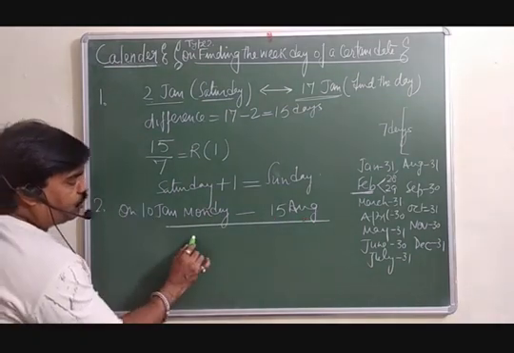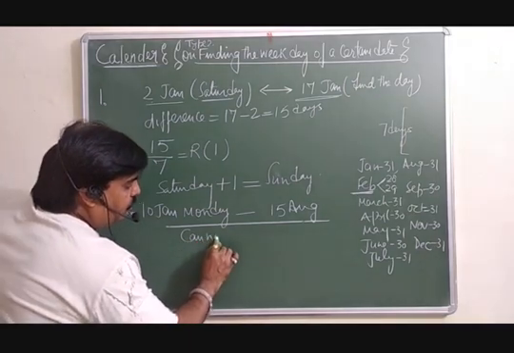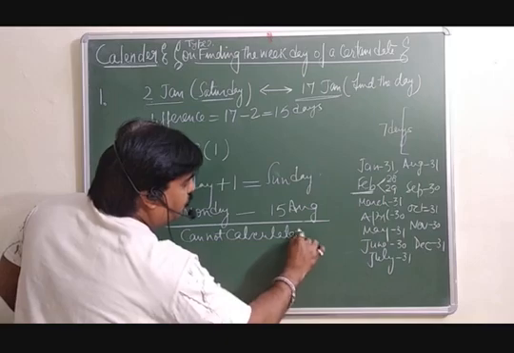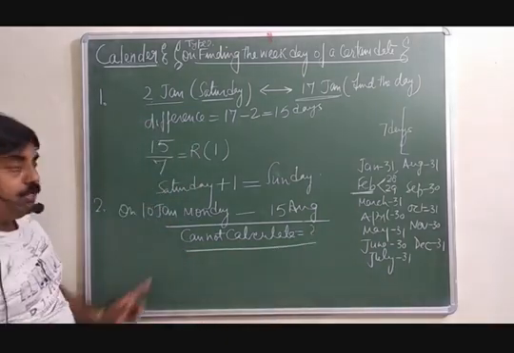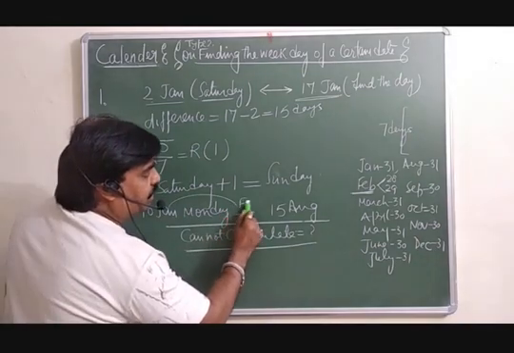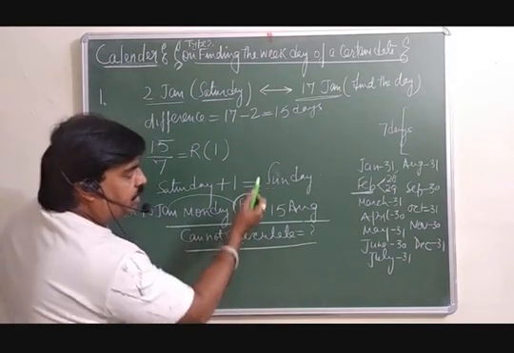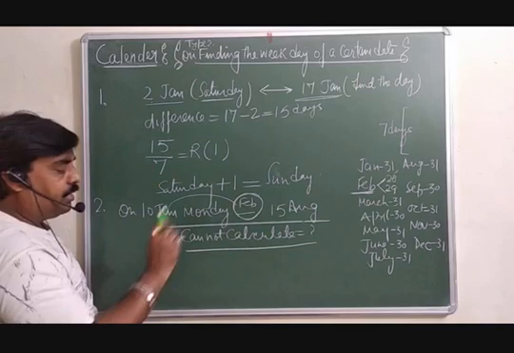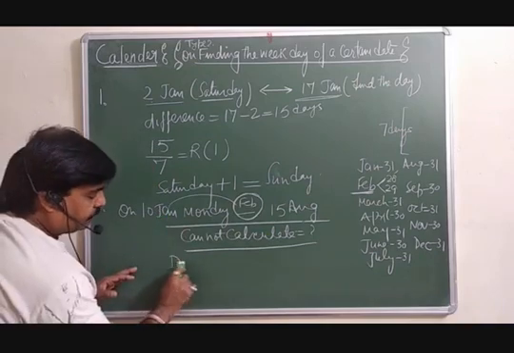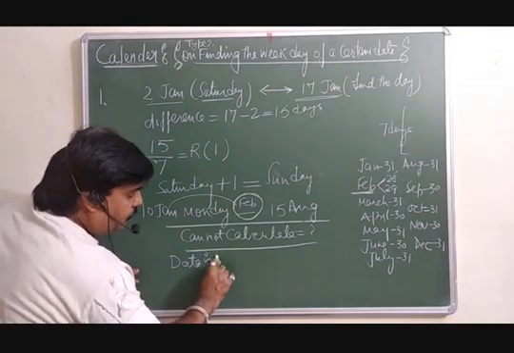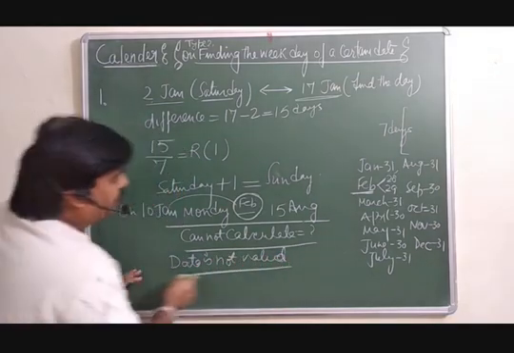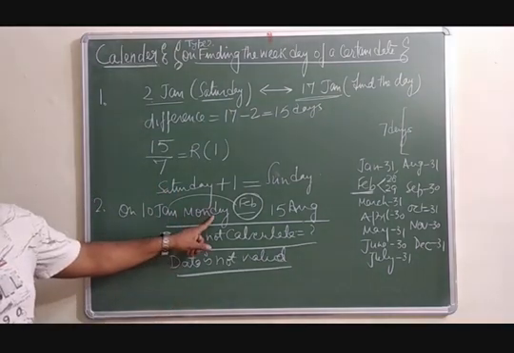So here you cannot calculate which day it will be. That cannot be calculated because the month of February will come after this January, and it is not mentioned whether it is a leap year or a non-leap year. This means the data is not valid. You must know that. If the year had been given instead, then according to that we could do it.